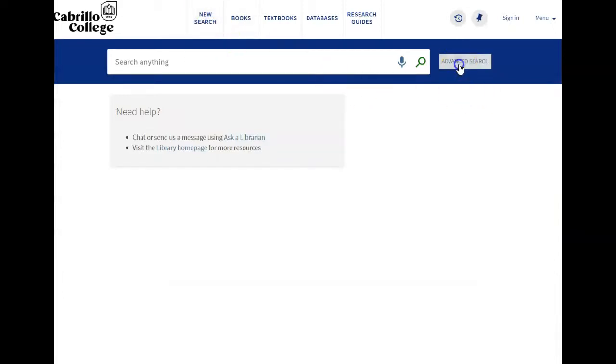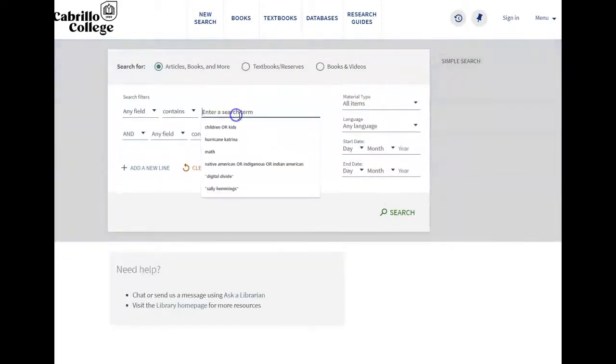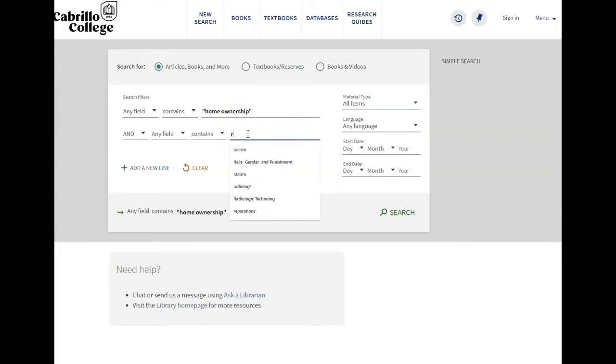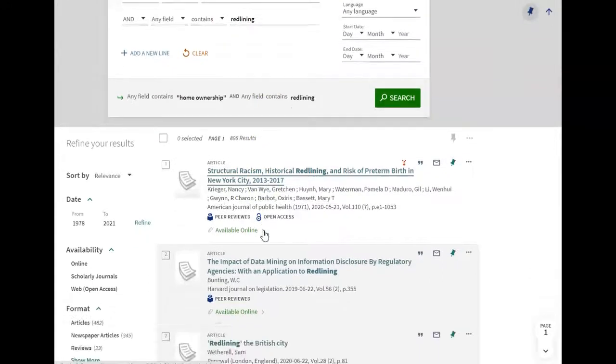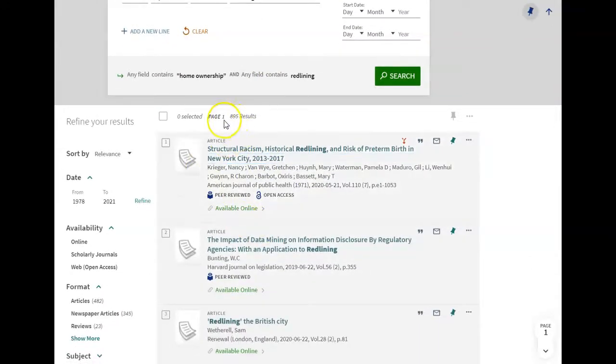And again, I'm going to go to advanced search. I'm going to put in home ownership again. And this time I'm going to put in the word redlining, because that's a word I learned when I was doing my research on home ownership and racism. And it's pretty specific, so just having home ownership in quotes and redlining is going to narrow down my results quite a bit. So now we have